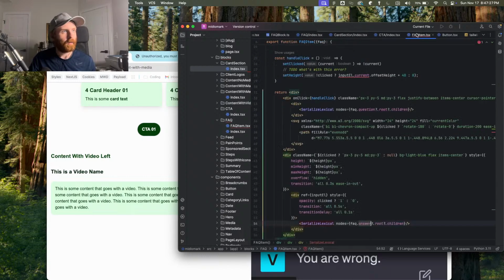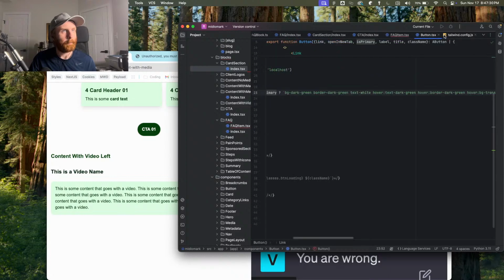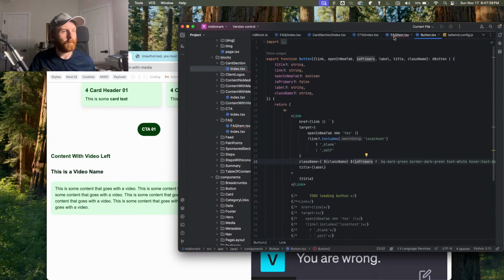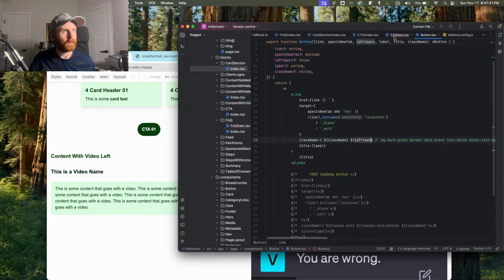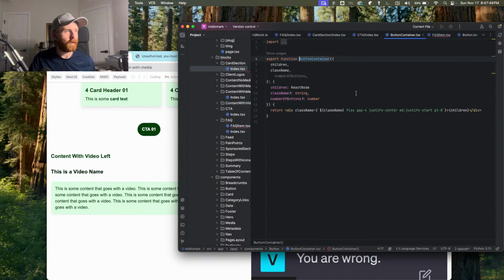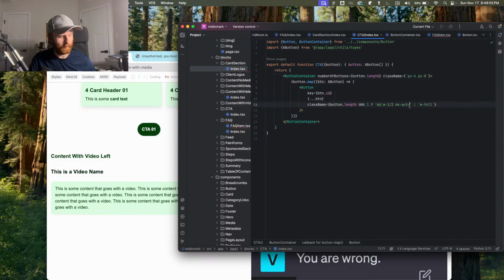So really, what is our button container doing? Button, where'd it go? So that's our button. CTA. Button container, that's what I'm looking for. Okay. So the buttons flex, they're gap of 4, justify center, but medium is justify start, so it shouldn't be that far out. So what I need to do then,